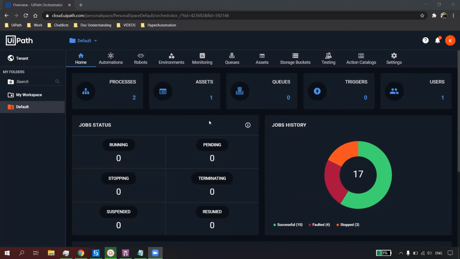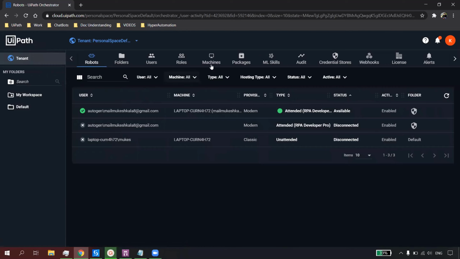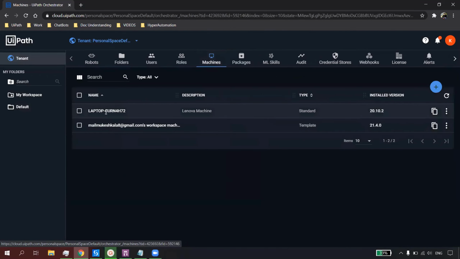Okay, I'll quickly tell you what happens when we set up an orchestrator. First of all, whenever you set up an automation, you need to decide where exactly the robot will run when you run that automation in production. So the first thing you have to do is add a machine. For example, your IT team would have added all the machines which are in production. This is one production machine, this is the second, and they will keep adding machines. In a production machine, you will have one UiPath robot and one UiPath studio that will be used only for debugging purposes.